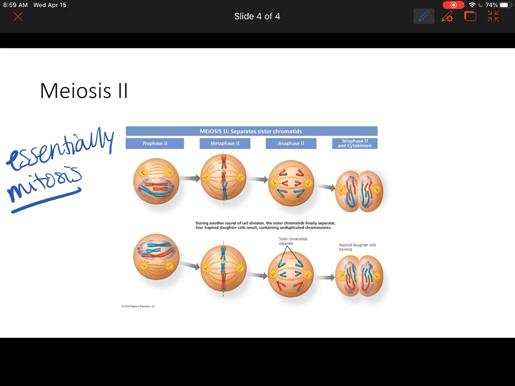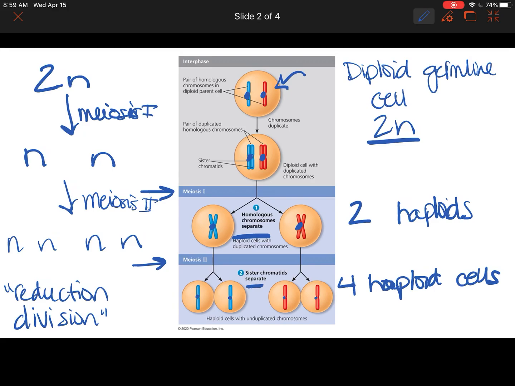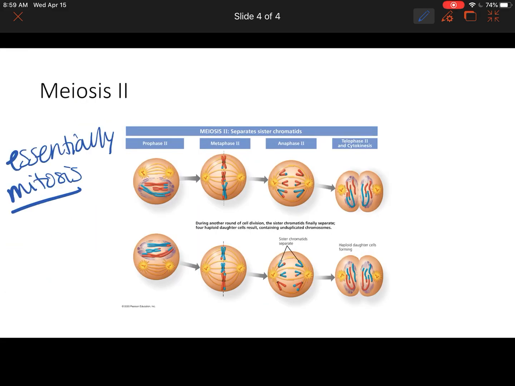Okay? Now, don't get confused and think that the DNA is replicated again between meiosis 1 and meiosis 2. It's not. There's only one round of DNA replication in meiosis, and that happens in S phase prior to meiosis 1. All I mean by saying it's essentially mitosis is that the chromosomes are going to line up on the metaphase plate, and then the chromatids are going to be separated. Okay, so those series of events are essentially the same. And again, we'll talk about the details of these processes